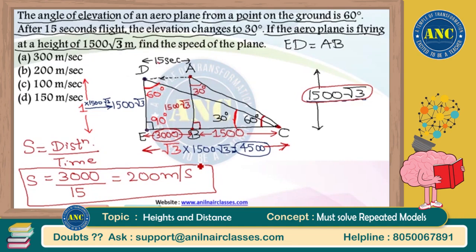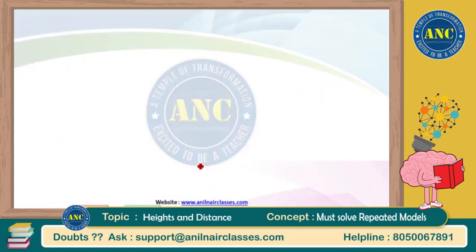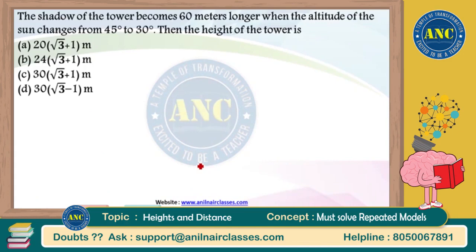I believe that the idea is very clear for you people. Question number 21. Listen to this carefully, sir. Listen to this 21st question. The shadow of a tower becomes 60 meters longer when the altitude of the sun changes from 45 degrees to 30